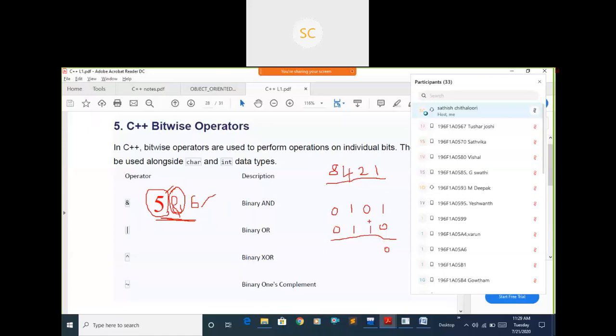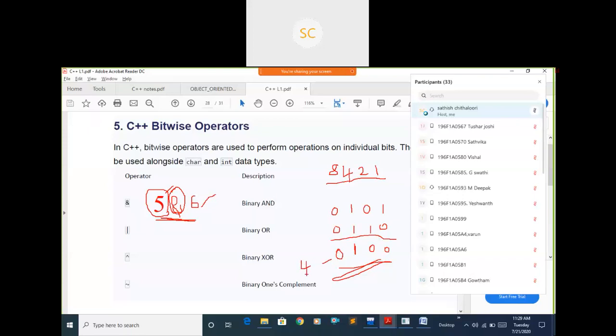Here also false. Here both are true, so you get true. Both false also gives false. What is this value? 0 1 0 0. In the place of 4 I have 1, remaining places 0, so finally this value is 4.